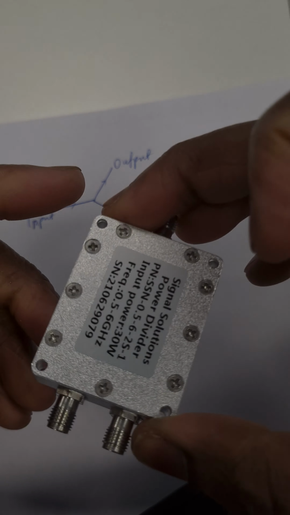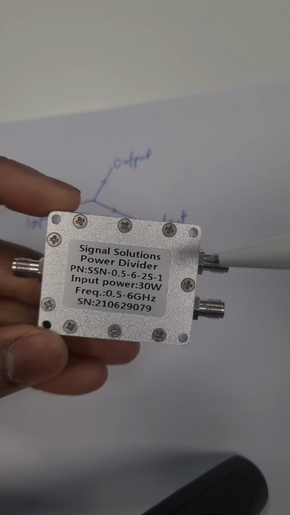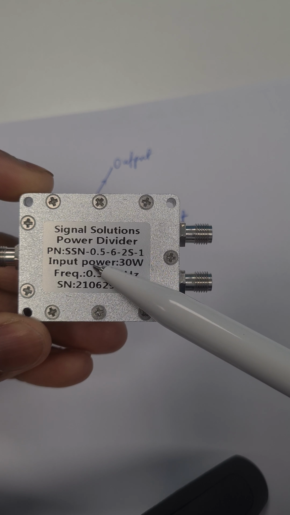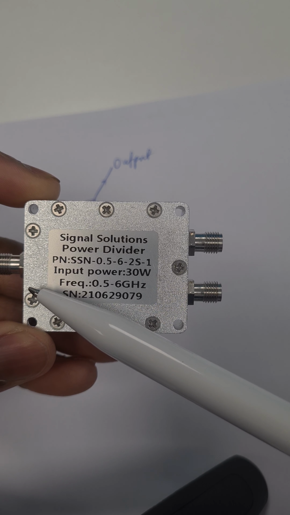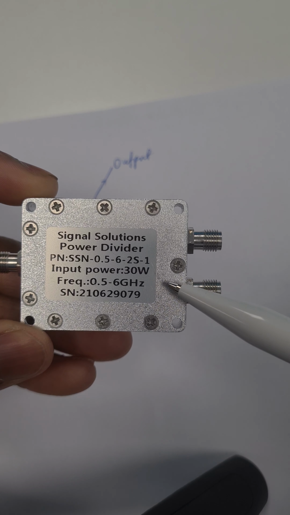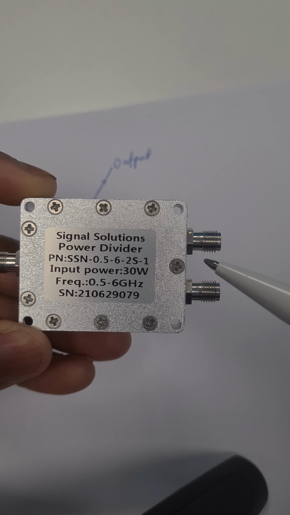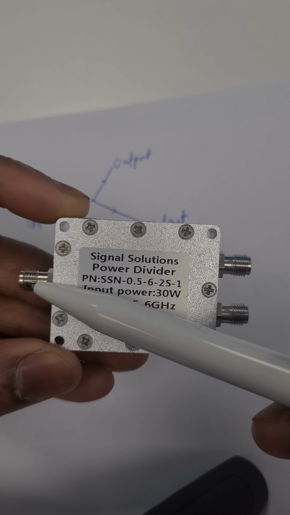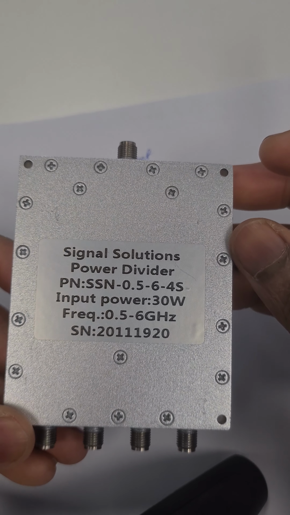Another one is similar to that one, and here you can see it says a power divider, and the frequency range is from 0.5 to 6, and this is 2S1, so it means it's 2 outputs and 1 input, if you are using it as a divider. And if you are using it as a combiner, you have 2 inputs and you are taking 1 output. Also here, another one is this one, which we have